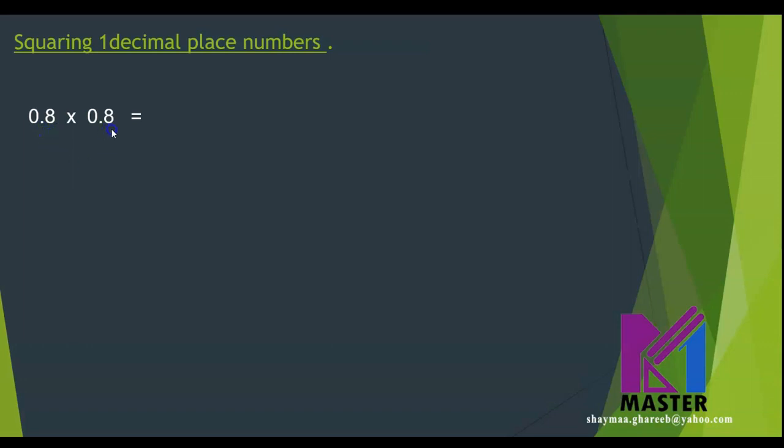In the second number, it has 1 decimal place. Then the answer must have 2 decimal places, because it will be the same as 8 times 8 divided by 100. So 8 times 8 is 64. Then you should have a decimal point after 2 places, so the answer will be